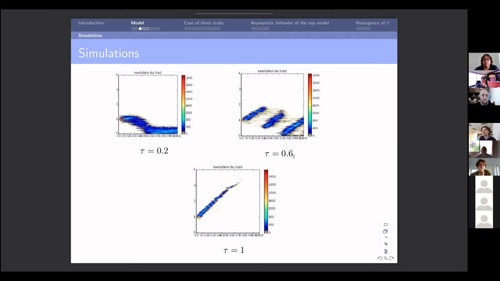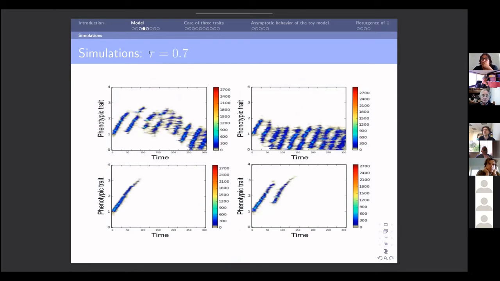Now, if you increase tau a bit, you get a dominant effect for transfer, which has a tendency to make the population trait increase. But then you have this re-emergence mechanism that seems to occur. And again, you are going to converge to 0, but in a more complicated way, right? And now if you take tau very large, so tau equal to 1, well, it's only transfer that remains, and you go to extinction, to evolutionary suicide, as I showed in the beginning.